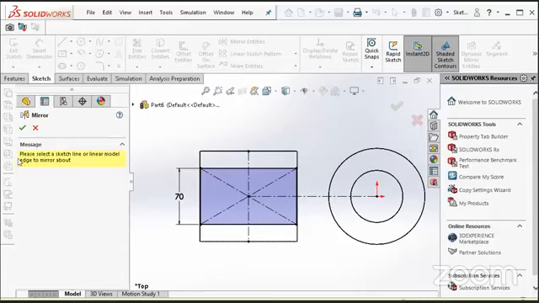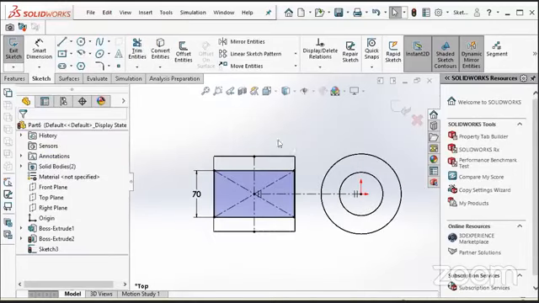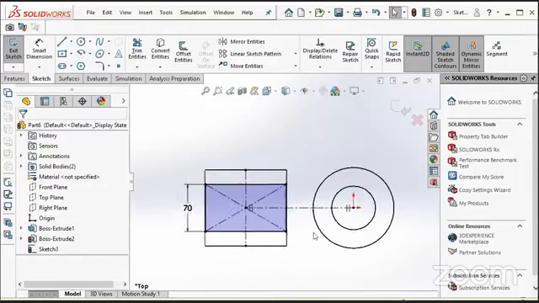For that, the software tells me to please select a sketch line or linear model edge to mirror about. So I will make my center line as a reference. Now, whatever I draw this time will be mirrored opposite to this plane.